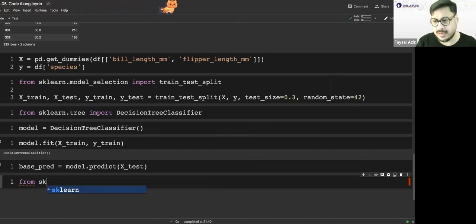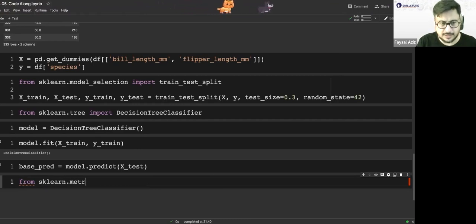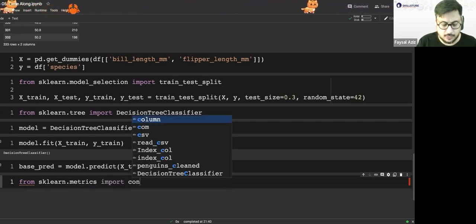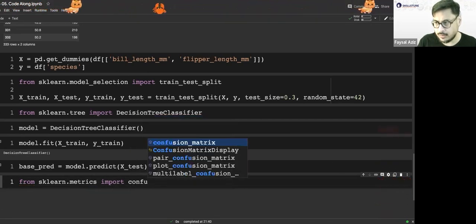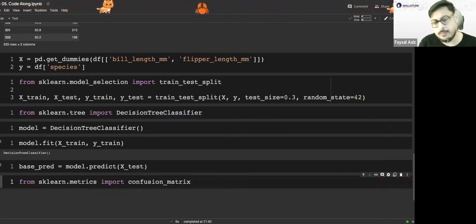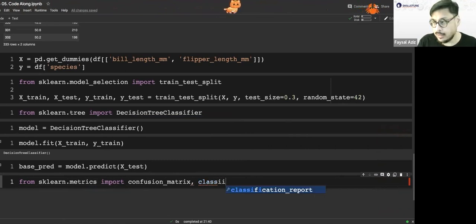So again, from scikit-learn dot metrics, okay, I am going to import quite a few things. I'm going to import something called confusion matrix. I'm going to import classification report, which is actually what will make most sense to you.